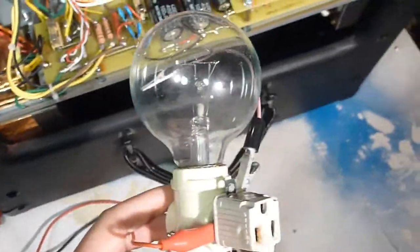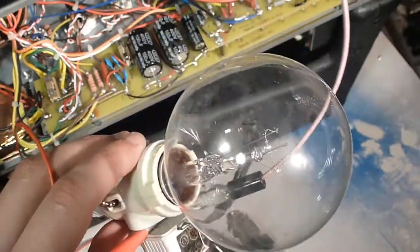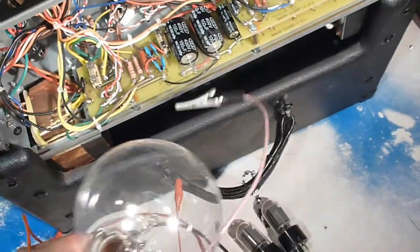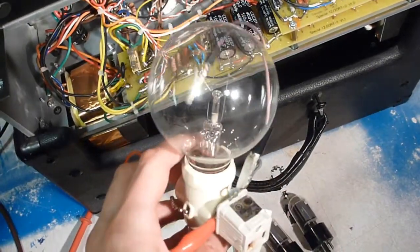The way I was testing jumping over them is with this light bulb in the way. Light bulbs work great for circuits like this because if they light up, there's a problem. There shouldn't be enough current through a high voltage circuit like this to light up a light bulb. When I was running it, it ran for a bit, and then the light bulb would intermittently